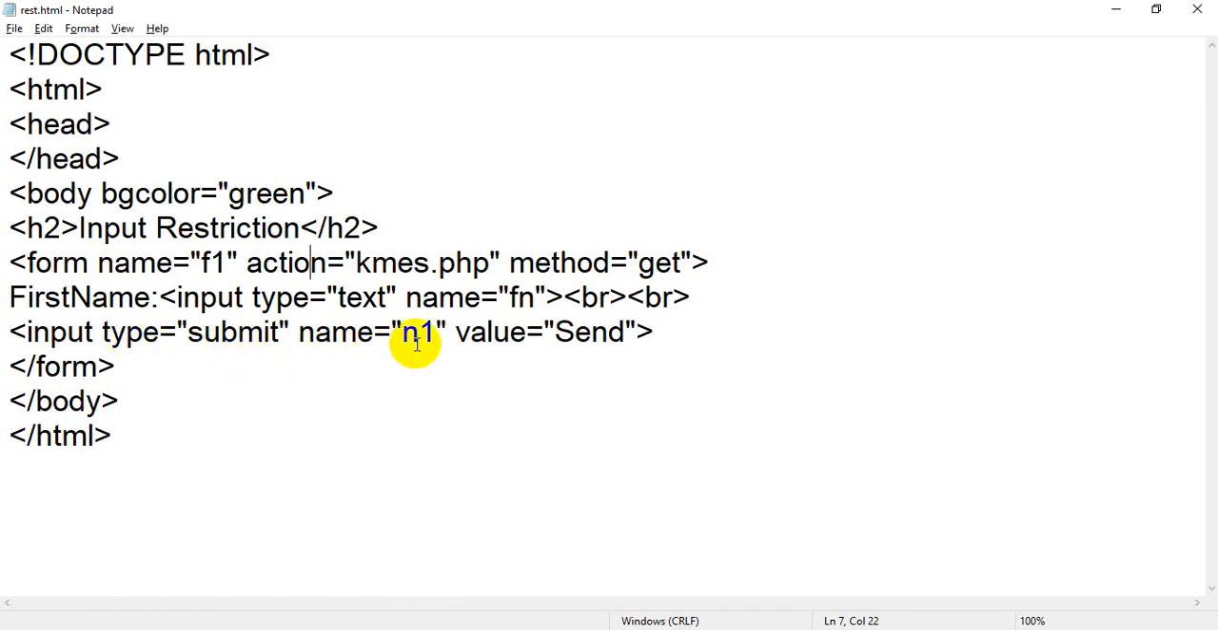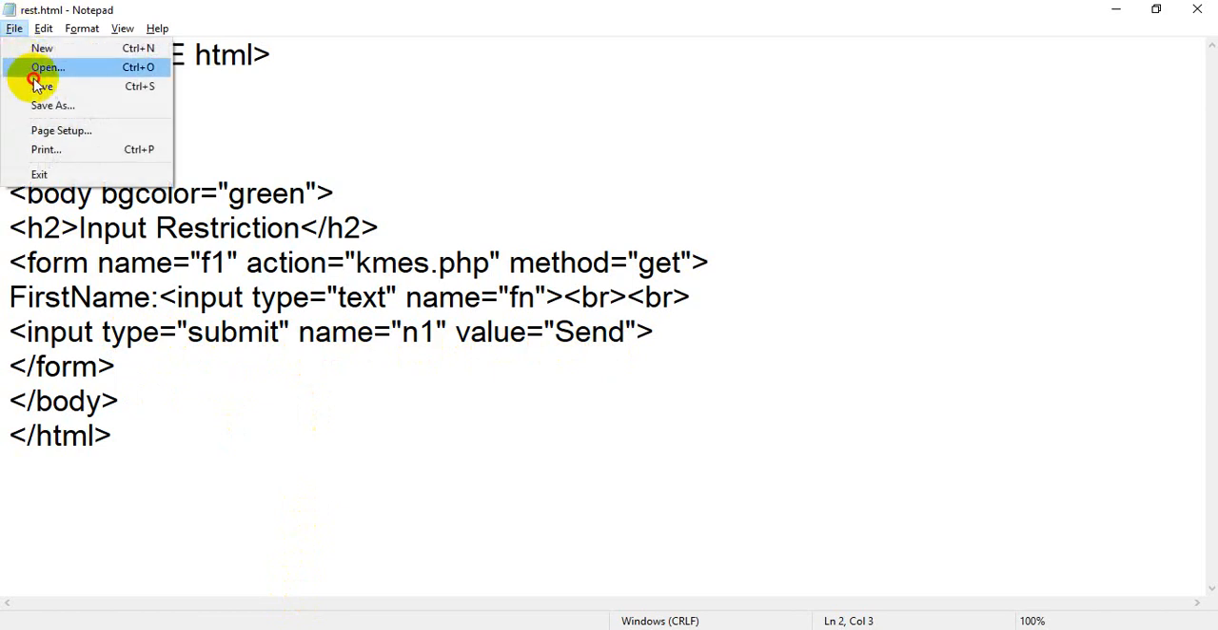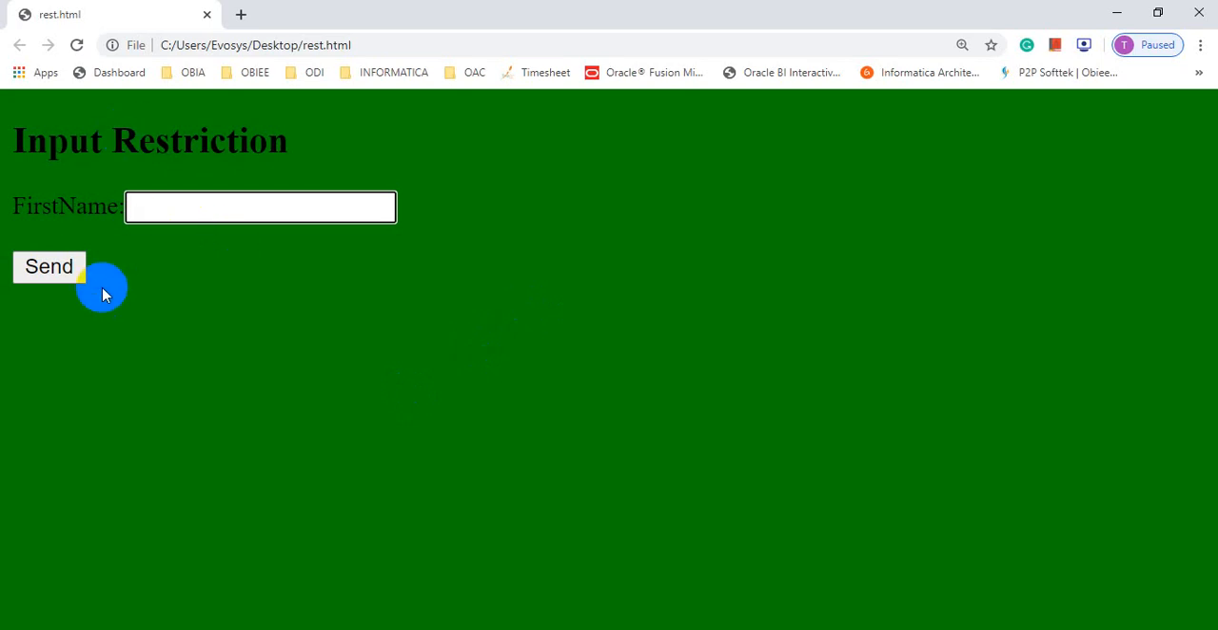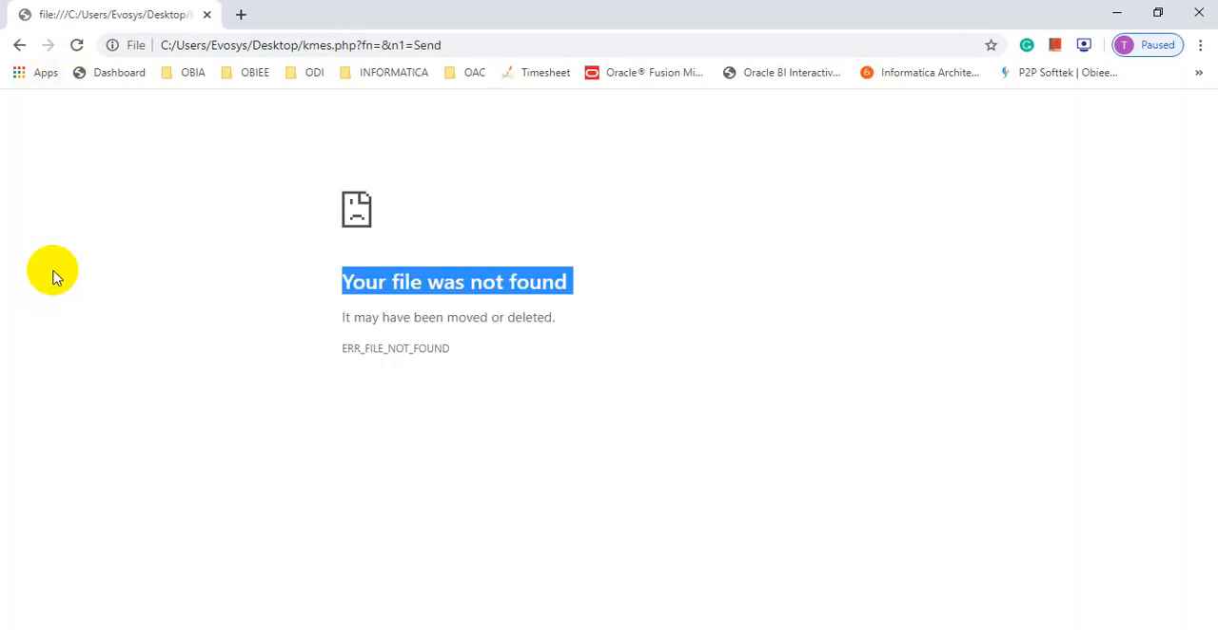Input type equal to submit, name value equal to send. Okay, everything is okay. So what's the problem? I just want to save the file. Flip back to my browser and click on set. Yes, now it's working. So it's coming on